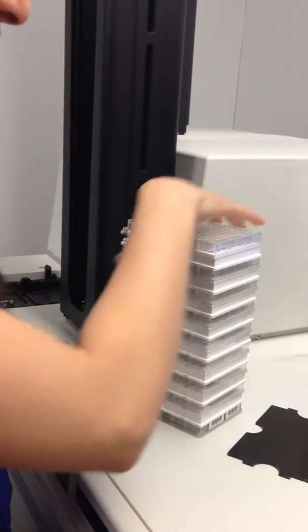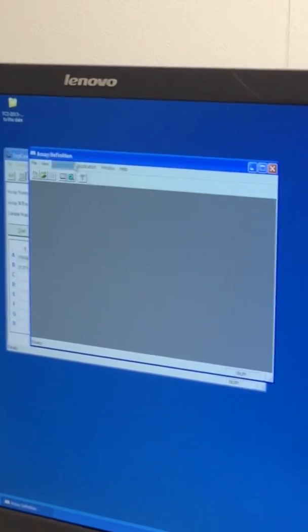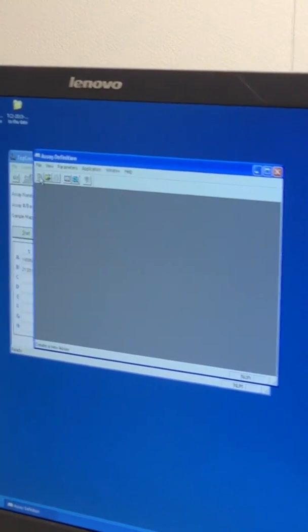Okay, so I'll continue telling you about this in a second. Since backup is done, right now we're going to set it up to delete. That also takes time, so we'll get it to run in the meantime. So now that we've finished backing up, we're going to delete. We stay in assay definition, and we go to,